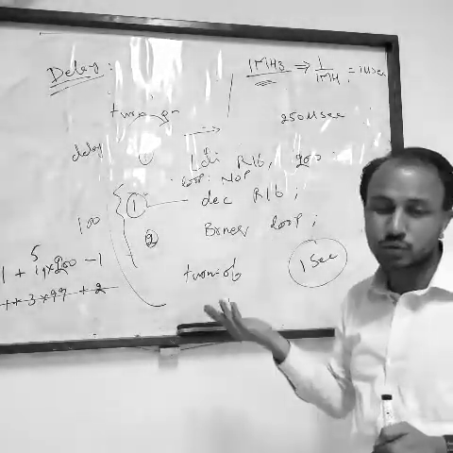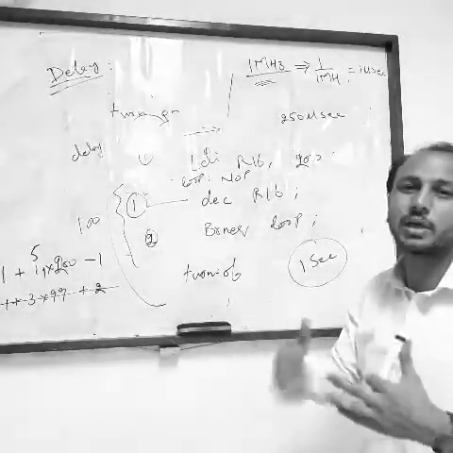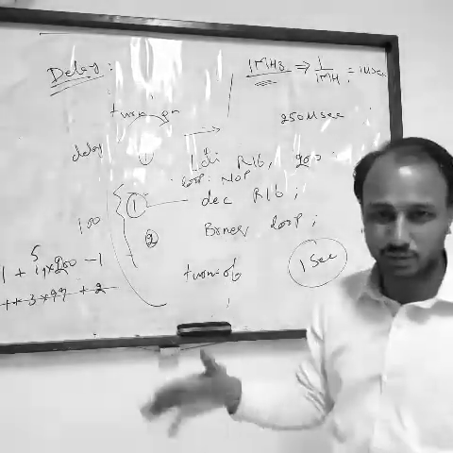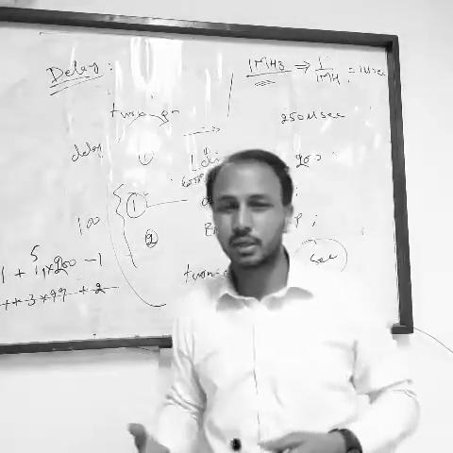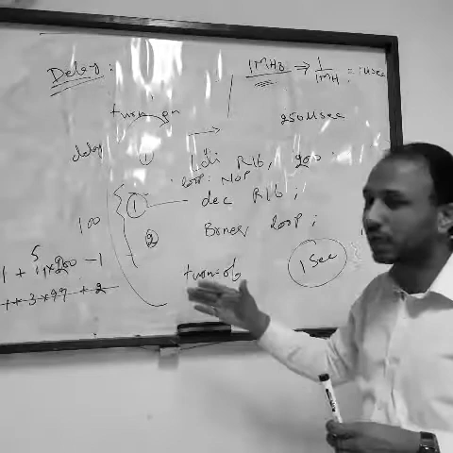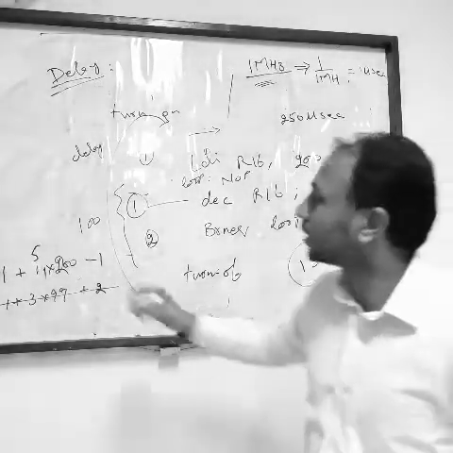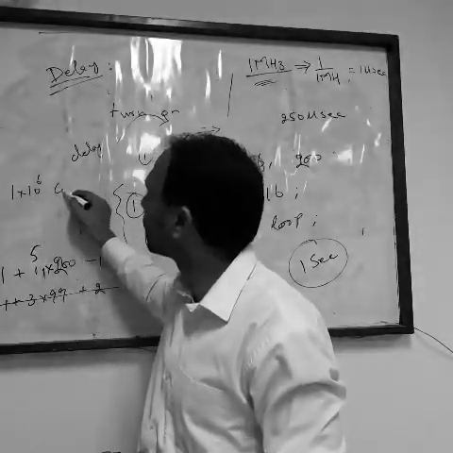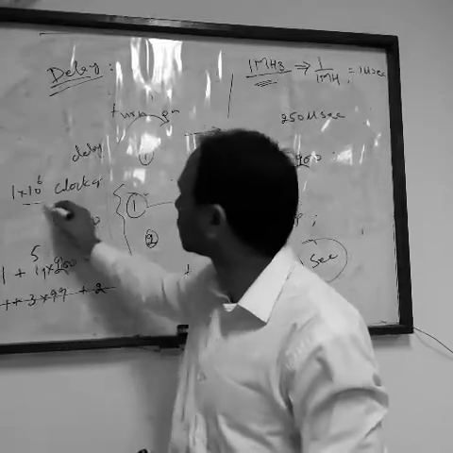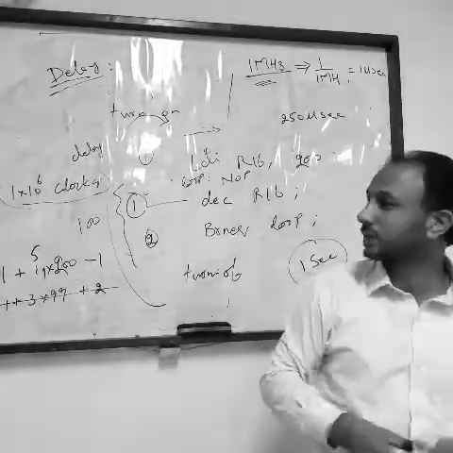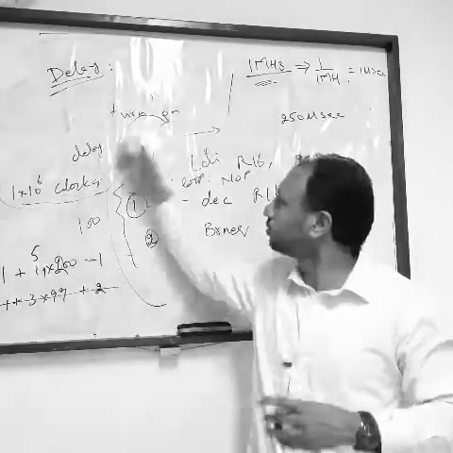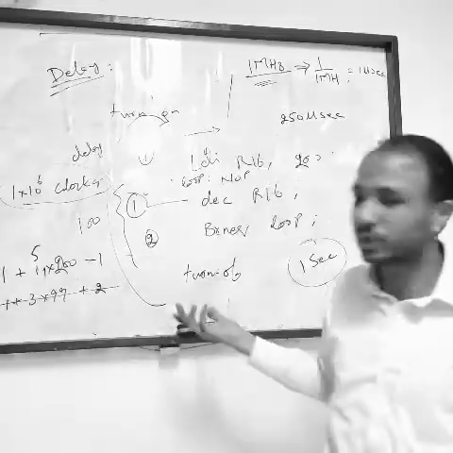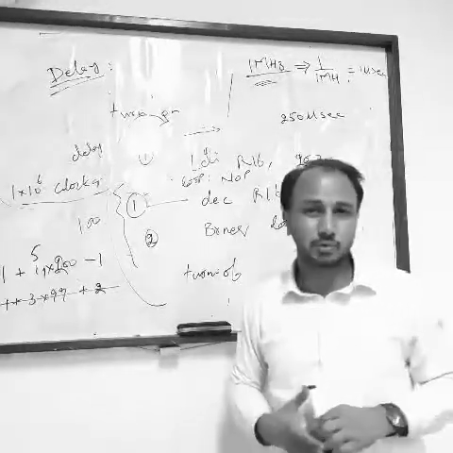So when you do something after that 1 second, it will automatically be delayed. How will you do it? You can use multiple or nested loops and you have to calculate the delay. How many clock cycles do you need? You need a delay of 1 into 10 raised to the power 6 clock cycles. So you need to keep your processor busy for this much time. How can you do it? You can use nested loops, and whatever value of the inner loop or outer loop, it is up to you.